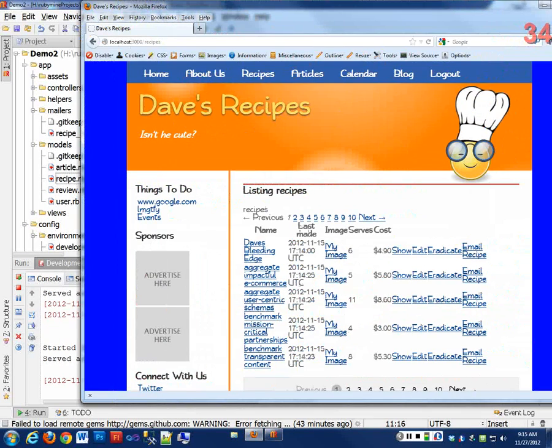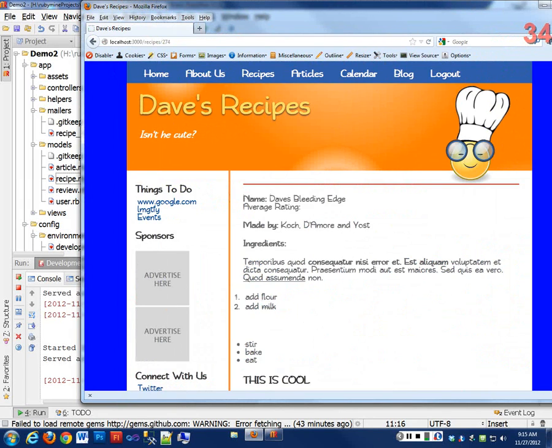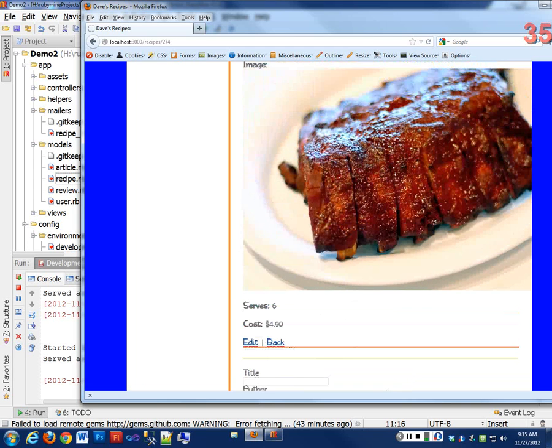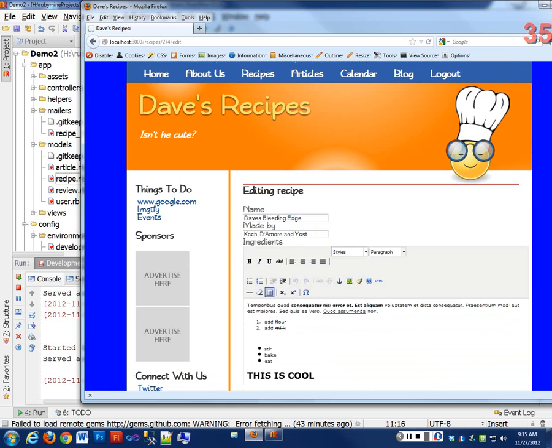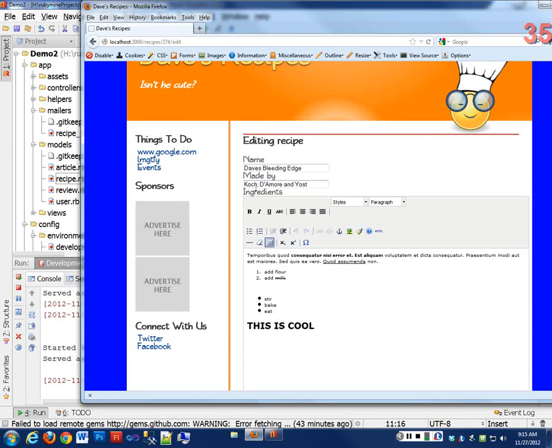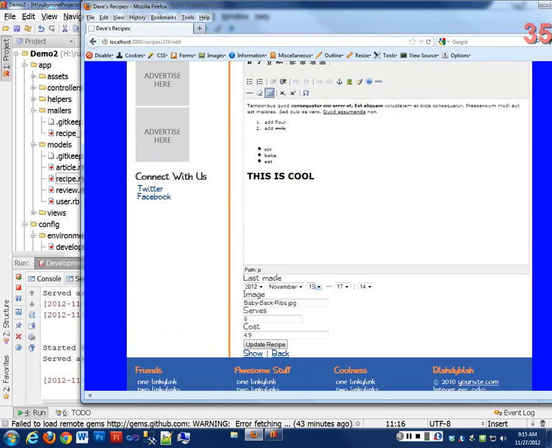All right, so let's do that. Let's go and update my Dave's Bleeding Edge here. And let me edit and change it. Just add some more stuff here. Okay, so that will force the change, the update method, the update attributes to trigger because something changed. So I'm going to say update, and it's going to go through,